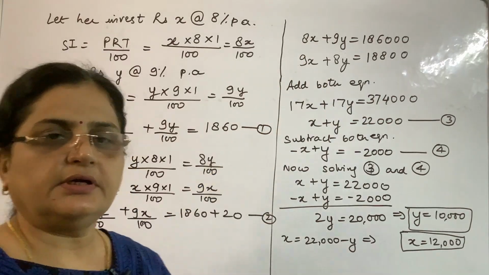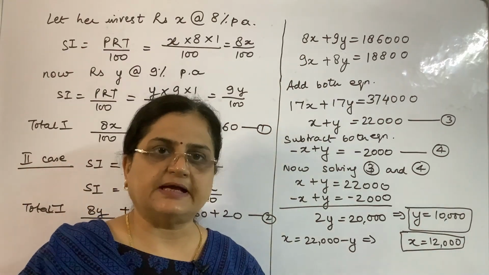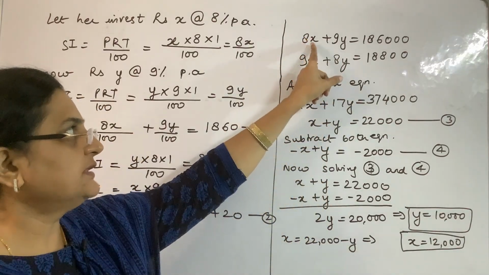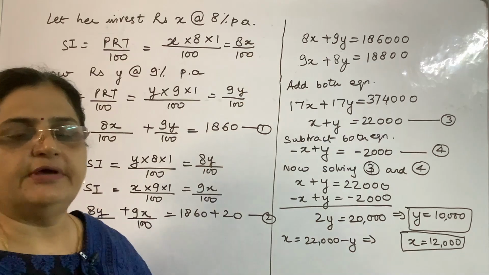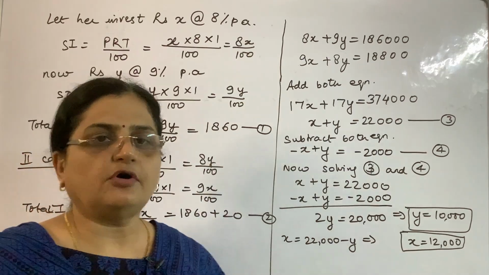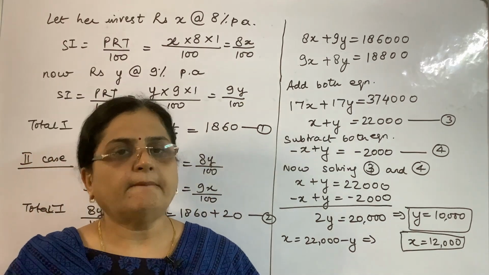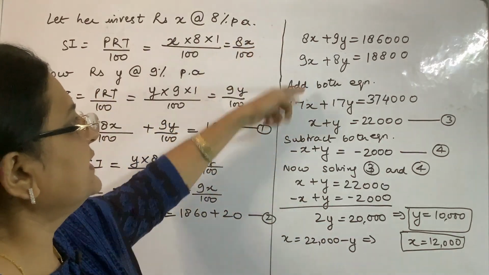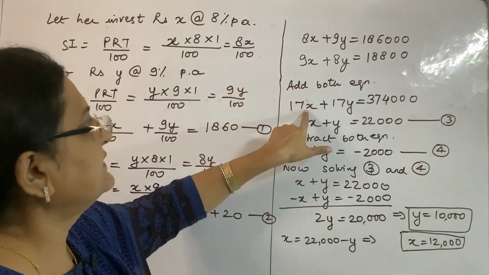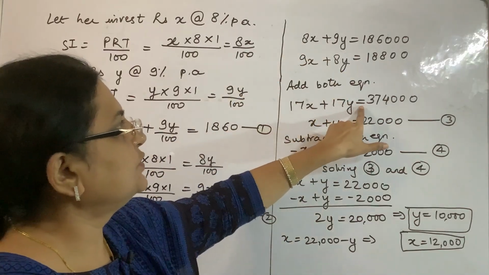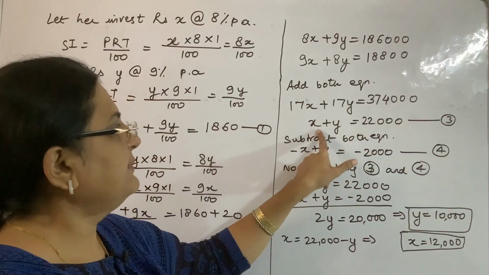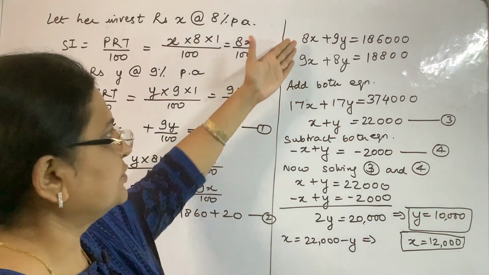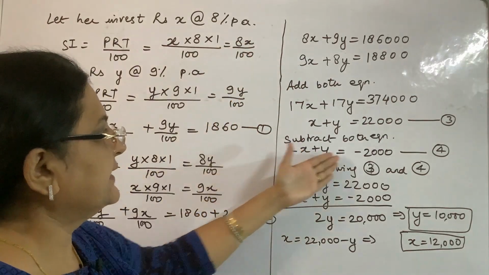This is a very important equation as far as the CBSE exam is concerned. These kind of equations, when the coefficients are equal diagonally, are very important. So I have already taught this in one of the videos, but let us brush it up again. So if we add both these equations, we get 17x, 8 plus 9, 17x plus 17y is equal to, add both of them, divide by 17, you will get this. Next step, subtract both these equations. When you subtract, you will get this.